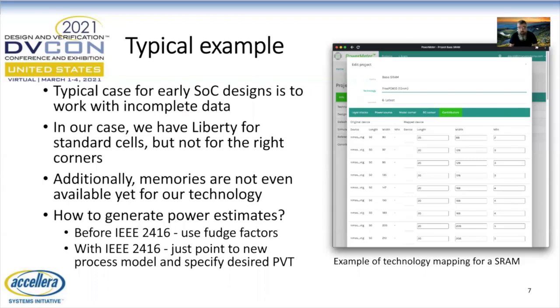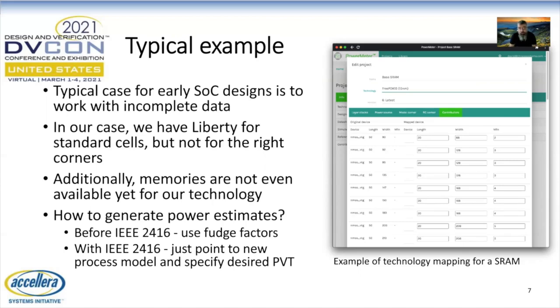Very often, as an SoC designer, I'm asked to estimate power for a new technology for which I do not yet have data. However, I have a model from an earlier technology. Before 2416, I may have done this by using fudge factors and hoped that those were good, not too optimistic and not too pessimistic. We actually had the same problem with our tutorial, which we had to solve. We did not have models for our SRAMs for the target technology. 2416 solved this problem